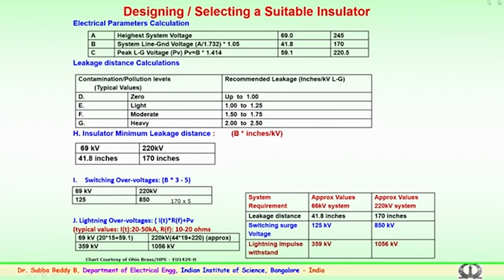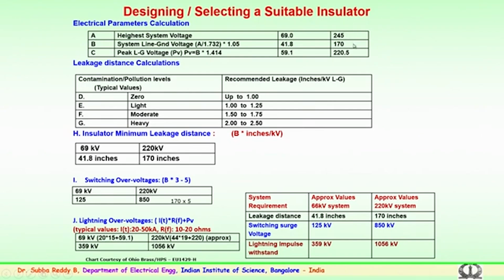As a thumb rule, just for understanding, I have given you here how a suitable insulator is selected for the transmission system. A simple example here I have given for two voltage levels, that is 66 kV and 220 kV. Similarly, for higher voltages, the factors employed will be slightly different. So, a simple example for a 220 kV system voltage, consider the values in the second portion of the column.